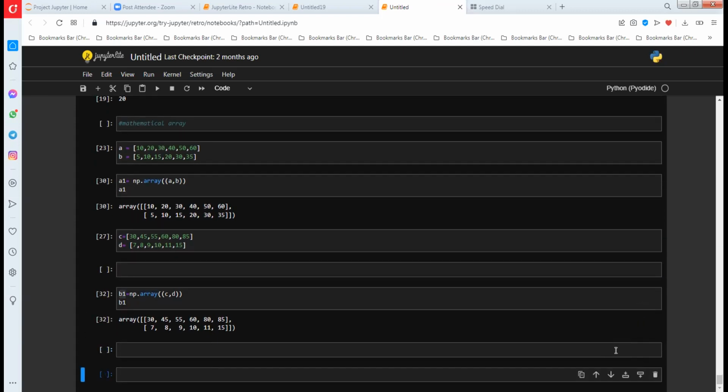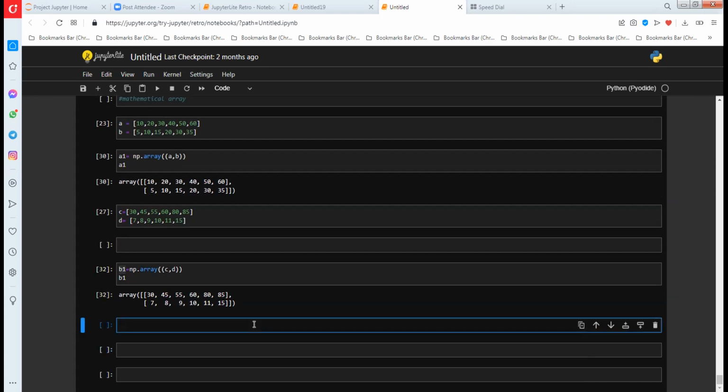And I am naming this array B1, and printing this B1. So we have two different master arrays A1 and B1. Okay. So if you want to intersect for that,